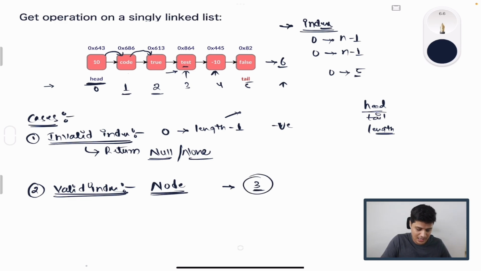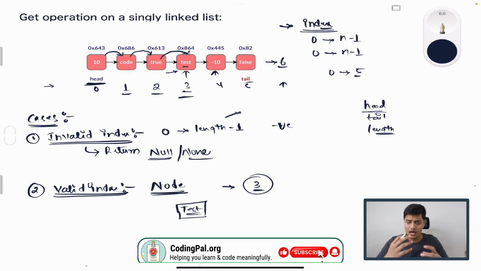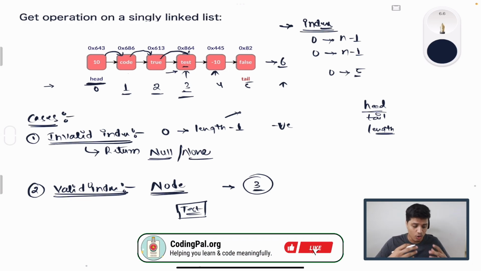So again, from the next that we have on the node 2, I will go on to the node with the value test. Now my index is 3. So I can simply return the node with the value test as the output here. Okay, so for going to the node that is available at a given index, we will simply be running a loop. How will I exactly run the loop? That I will show you when I write the pseudocode as well as the programmatic implementation. But this is the overview of how we can implement the get functionality based on the index